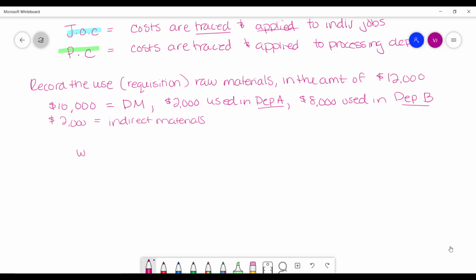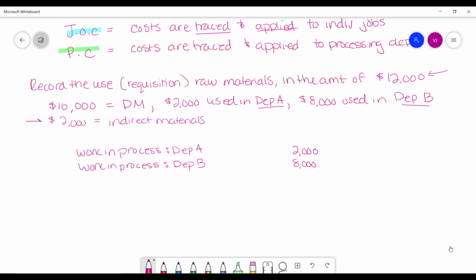So first, we will debit work in process, department A. So we'll debit that work in process account for $2,000. Then we will further debit another work in process account, but specifically department B's work in process account, and we'll debit that account for $8,000. And again, keep in mind this $12,000 is an actual amount of materials used, materials requisitioned from the raw materials storeroom. So of that $12,000, we know